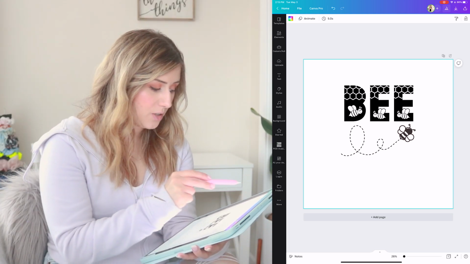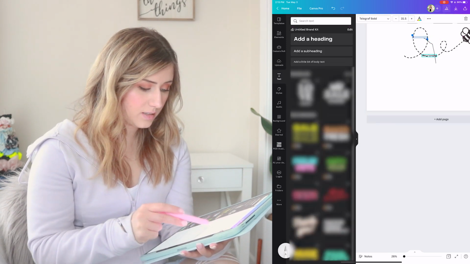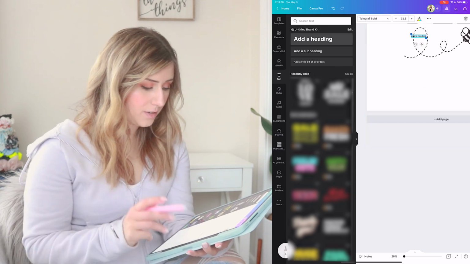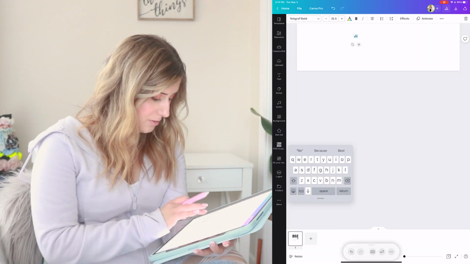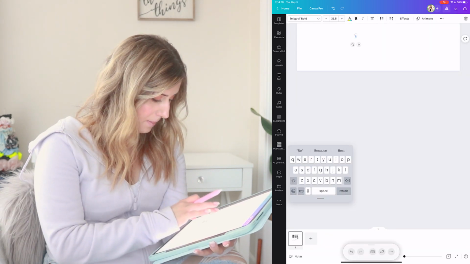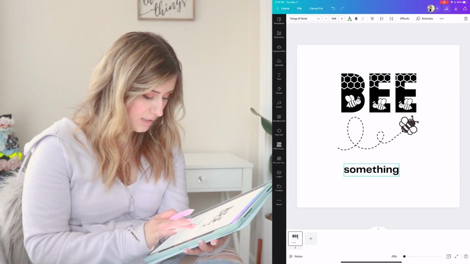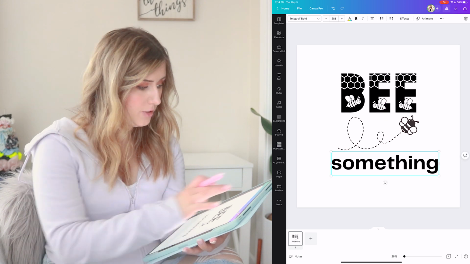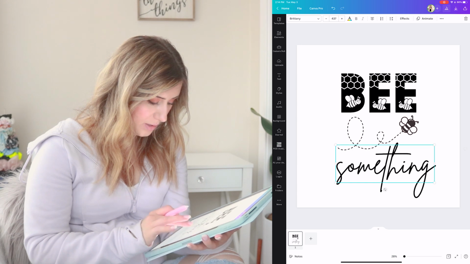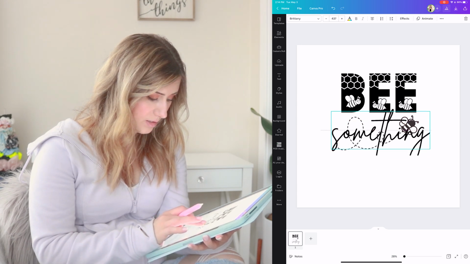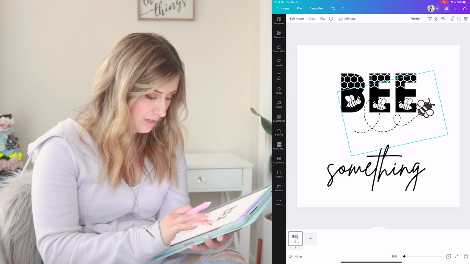Be Something t-shirt. So for the other text, I am just going to create a different type of text. So I'm going to create just something underneath that. So we'll do something. And then again, I'm just going to maximize the font size here, and we're going to change it into a different font. So I really love the Brittany font right now. I think it's a super cute font. So we'll do this, and then we're gonna kind of play around with the different